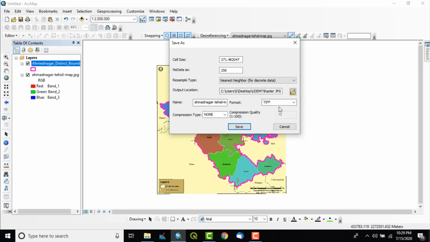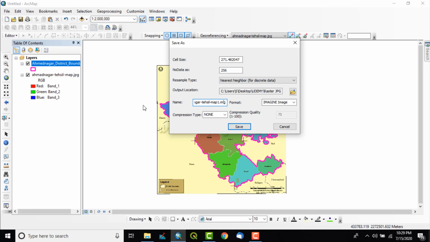And what next? The format by default is TIFF. These are raster file formats. We can also change it to Image, which is also a widely used raster file format. And here we can change the name of our newly created file.